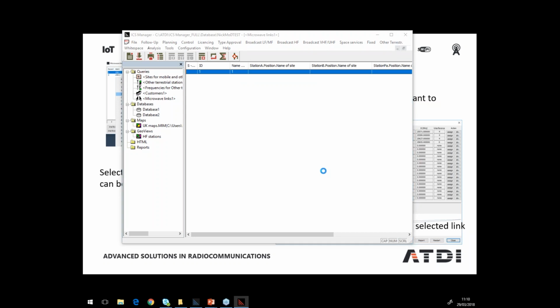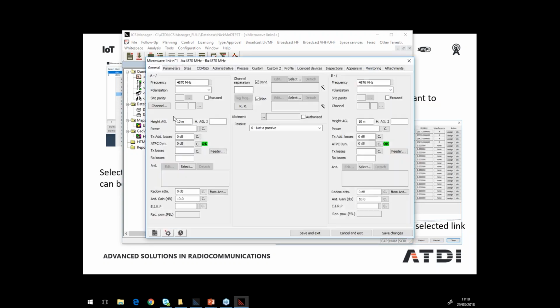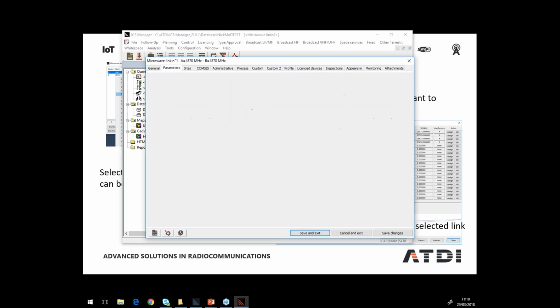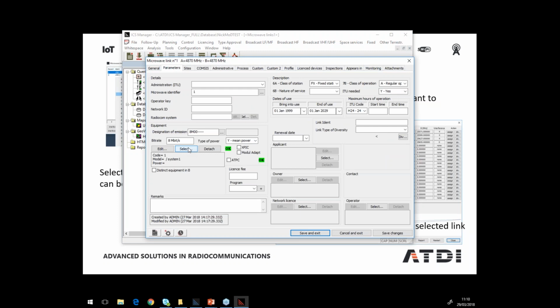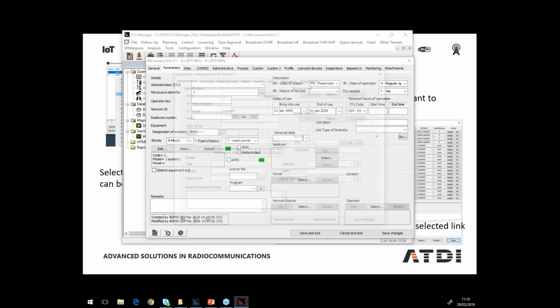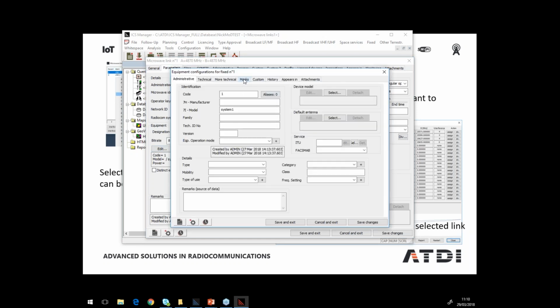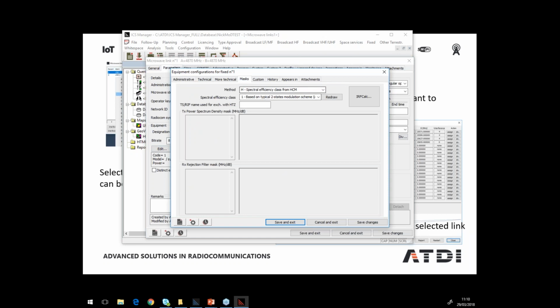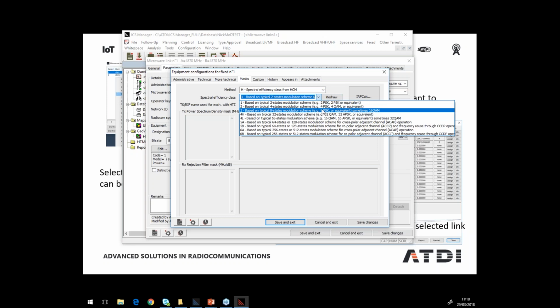So here we are. Here is a record for a microwave system, and if I go to the parameters and go to system, select, cancel, edit, go to system. Yes, here we are. It's got an ability here. So you say, right, select the method with spectral efficiency class from HCM, state the method, so it is a 4QAM system,